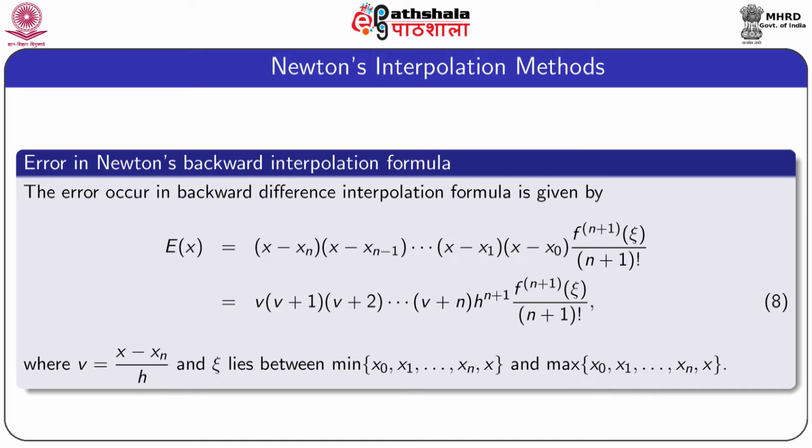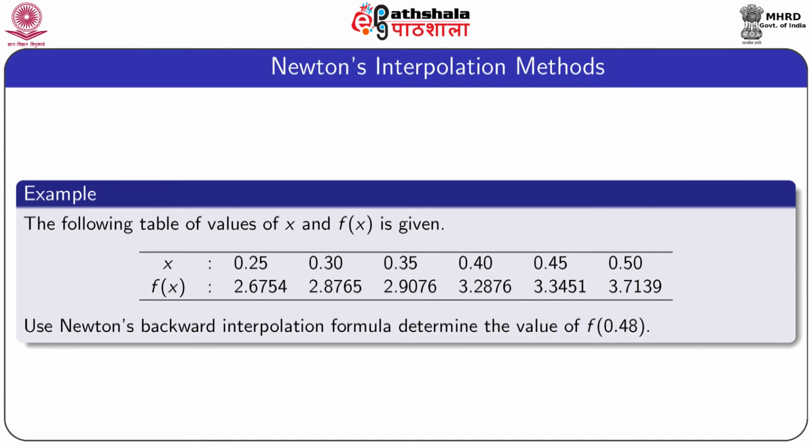and after introduction of the variable v, this expression reduces to v into (v plus 1) into (v plus 2) up to (v plus n) into h to the power n plus 1 into the (n plus 1)th derivative of f at xi by factorial n plus 1, where xi lies between the minimum and maximum among the arguments and x. Now, let us explain the Newton backward interpolation formula by considering an